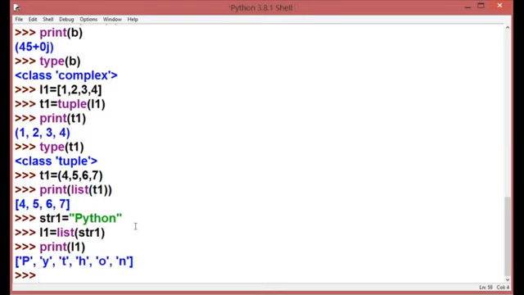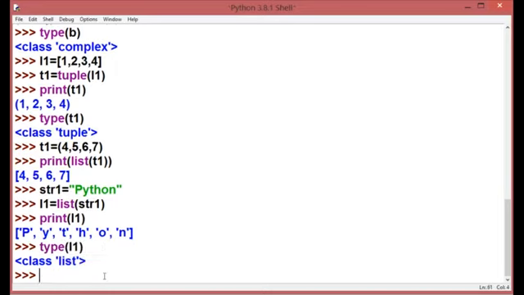And now this Python string is converted into a list. And all the characters are separated with commas and the boundaries are square brackets. Now if I want to check whether the converted type is actually a list or not, I can do this and it will show me class list. So this is the data type of my variable L1.